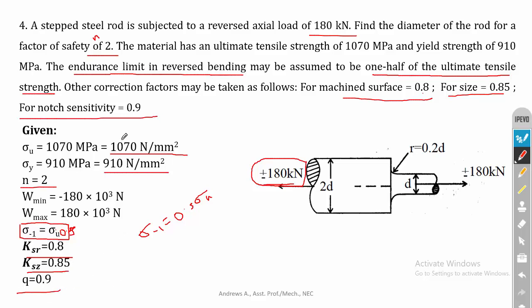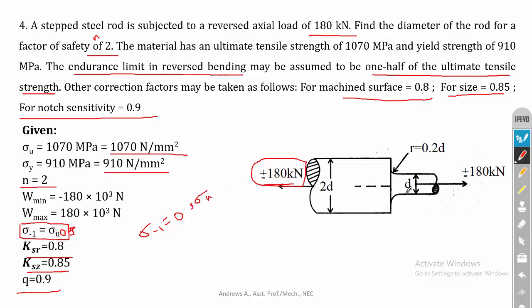Okay. So the KT value is not given. That is, the theoretical stress concentration factor value is not given. So we can refer to the drawing and compare it with the standard drawings available in the data book. I think the drawing is the same as in your previous problem. So you can refer to the same graph and take the KT value from the graph, and from that you can calculate the KF value. So use the same procedure as in your previous problem and try to find the solution.